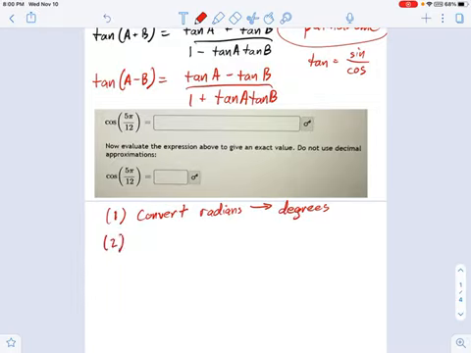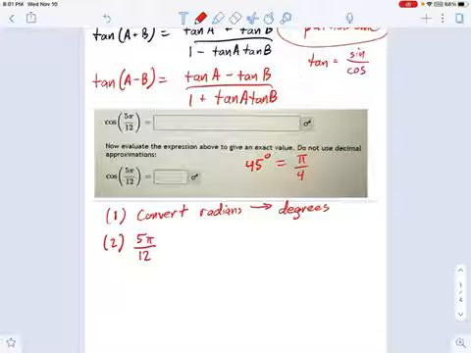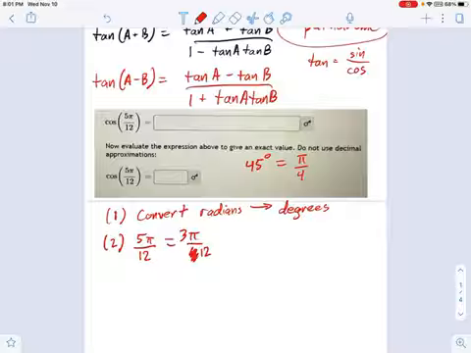We just need to figure out how to turn 5 pi over 12 into a sum or difference of two angles. I know I want to use, remember 45 degrees was so useful when we were doing just degrees? Well, that's pi over 4. So how can I turn 5 pi over 12 into something involving pi over 4? Well, pi over 4 is really 3 pi over 12, right? So when I try to split this up, I can say that's 3 pi over 12, that's 45 degrees, plus 2 pi over 12. Okay, and that's just pi over 6.